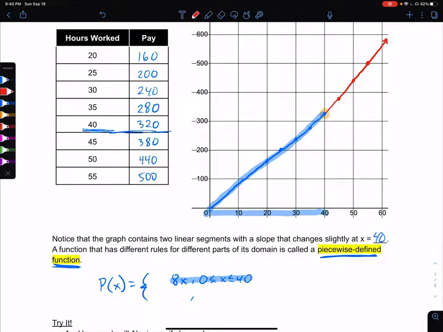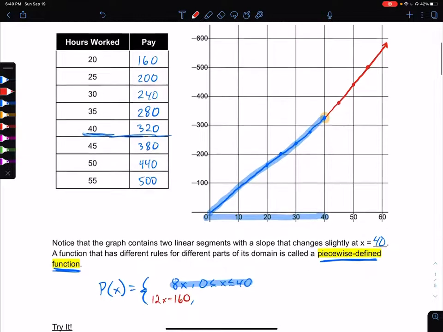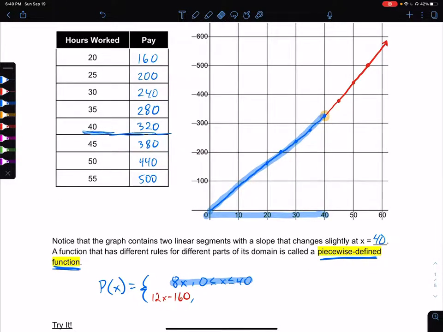Now what's going to happen past that, I'm just going to write the equation. If you want to try and figure out how I came up with this equation, feel free to. You can do some work on your own. But the idea is that this second part of the graph, that red linear part, the function is going to be 12x minus 160. Again, there's some work going on behind the scenes, so if you want to try and figure out where that function comes from, feel free. I'm just concerned with what a piecewise defined function is in this problem, so that's what I'm going to focus on. And that is going to apply to any x value